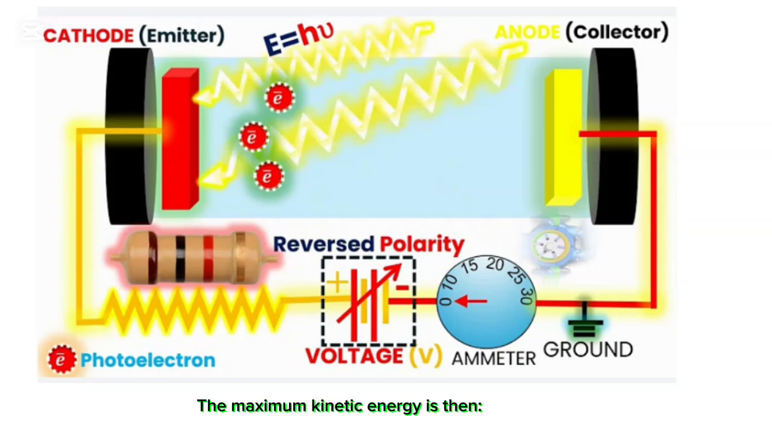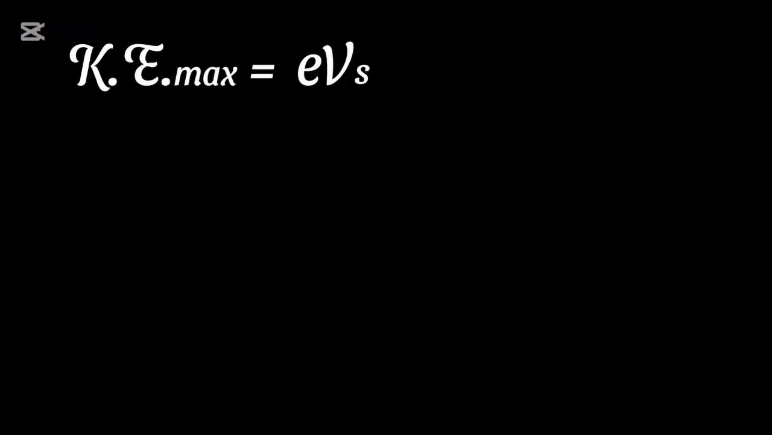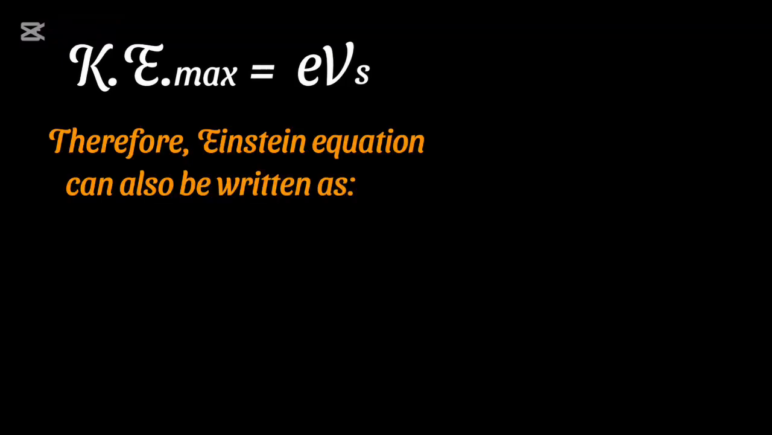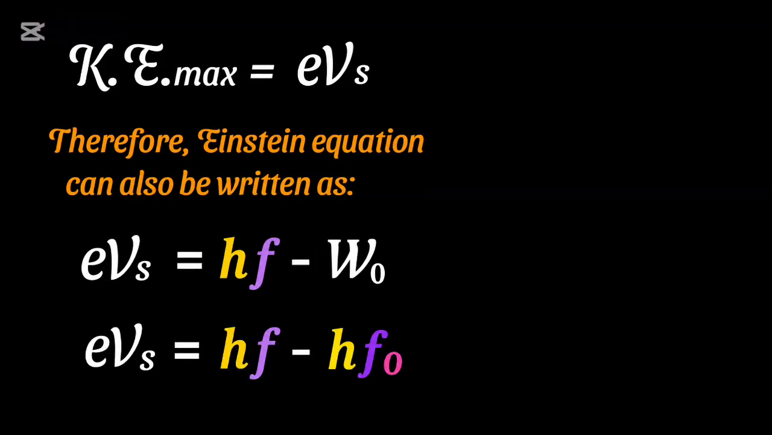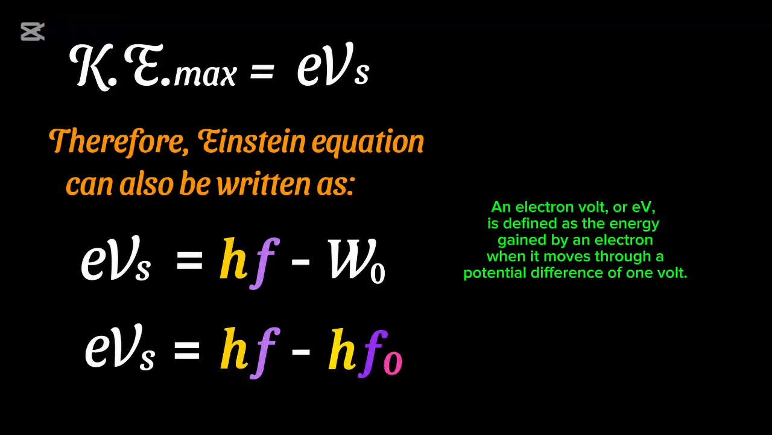The maximum kinetic energy is then kinetic energy maximum = eVs. Therefore, Einstein equation can also be written as eVs = hf - W, the work function. Or eVs = hf - hf0. Electron volt is defined as the energy gained by an electron when it moves through a potential difference of 1